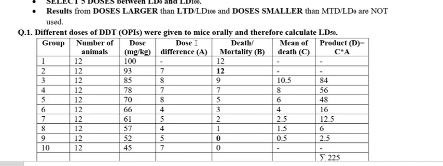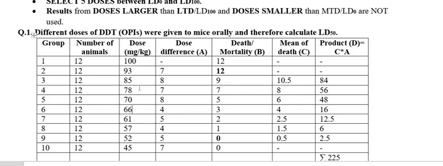So what is the dose difference? The dose difference is the difference between two adjacent doses. Here the two adjacent doses are this one and this one. For the next one, the two adjacent doses are this one and this one. Likewise for each of the following doses, we take the two adjacent doses.